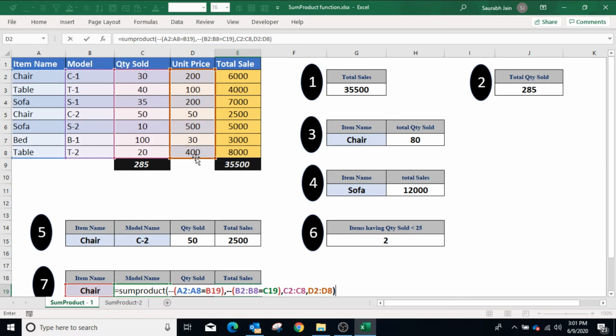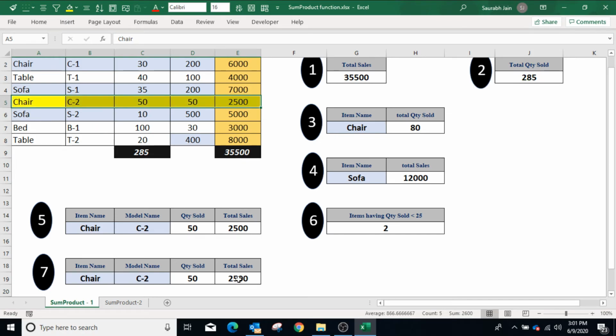Closing bracket, press enter. The result is the total sales of chair having model C2.